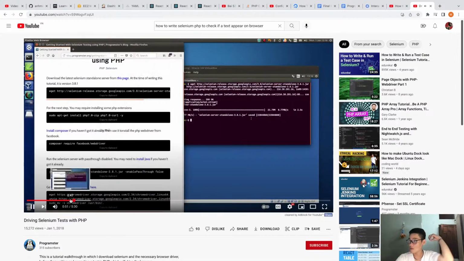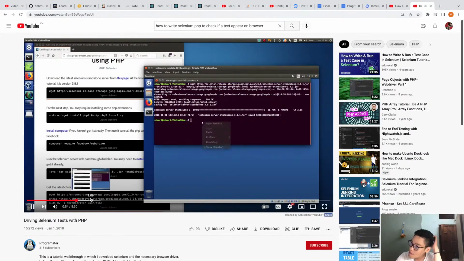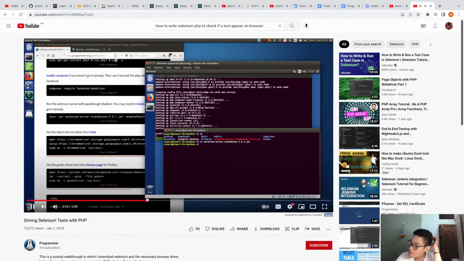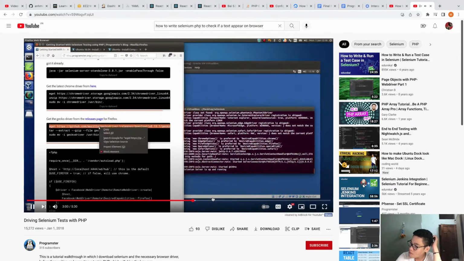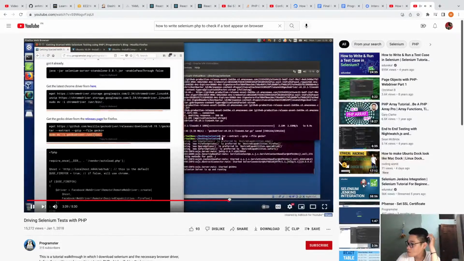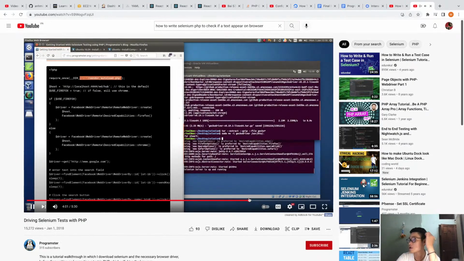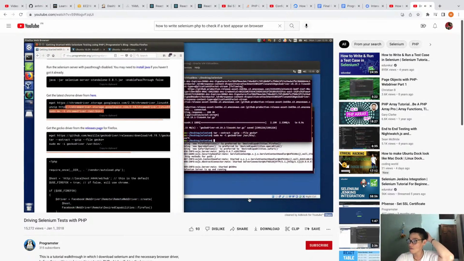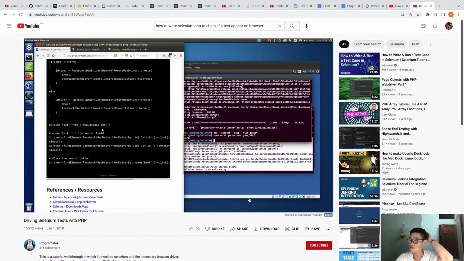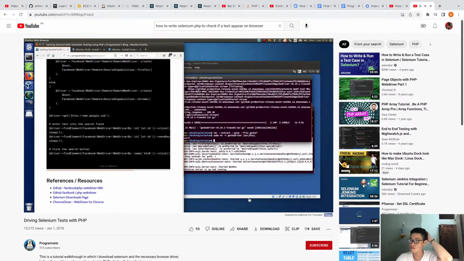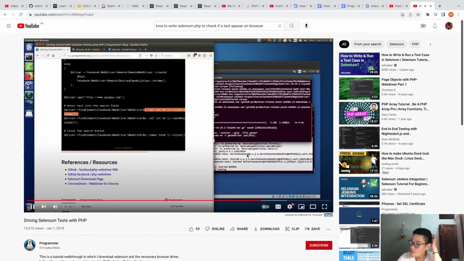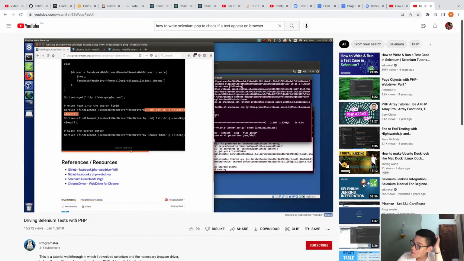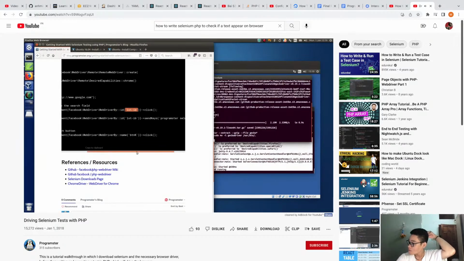All right, so I'm going to download and install PHP and its necessary packages. That's all Java installed. Obviously you would have to install the Chrome driver and install the Chrome browser. And then all I'm telling it to do is go to Google, and then it's going to find the search box, which I get by ID. And that's the ID of the search box. I'm going to click it first, and then I'm going to